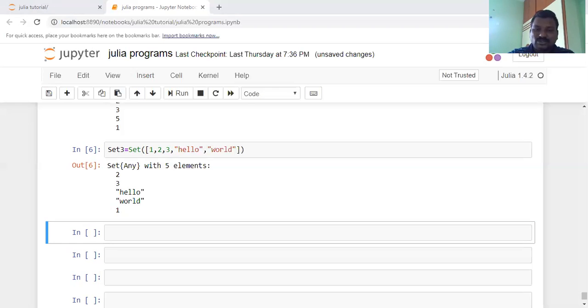That means you cannot access the elements by index, but you can loop through set items using a for loop. That means accessibility is there, by using the keyword in, or by using a for loop.